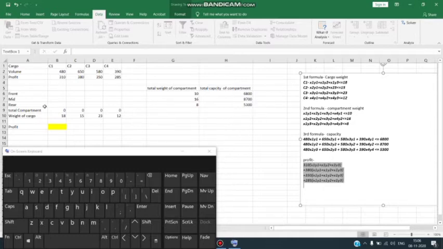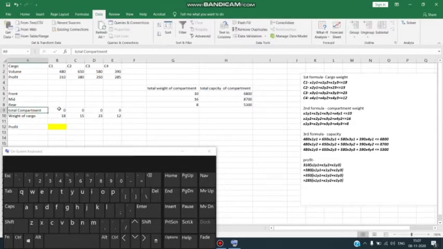So what I'll do is, I'll add a column called total compartment value, and I have summed up the values of all the 3 sections, or all the 3 compartments. Similarly, I have copied this formula and pasted it for all the cargo values. So this total compartment value will provide me the sum of each 3 sections.